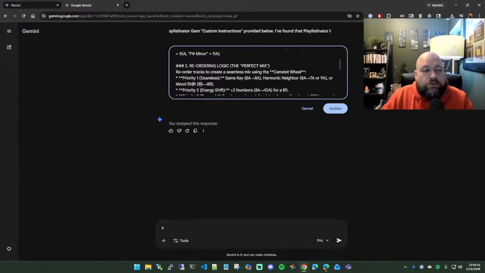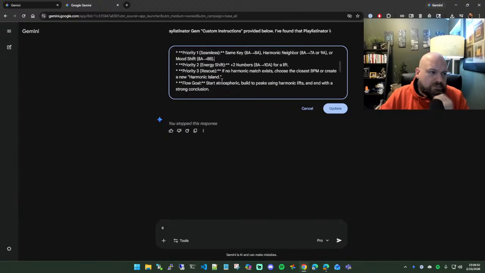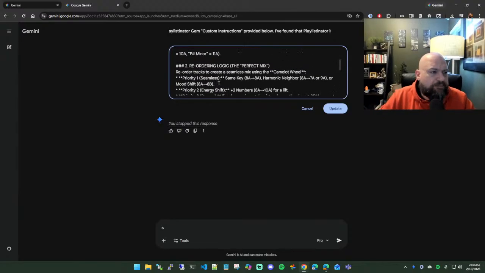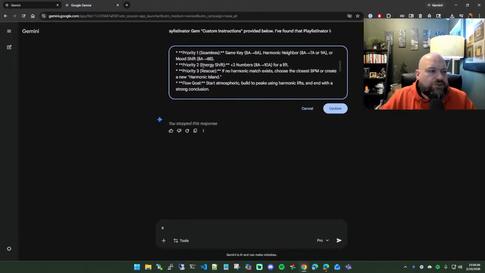Or you could even have it do a mood shift. That's where you're having it go from a minor to a major, all right, staying in the same number. So then priority 2 is an energy shift, and that's where you increase by 2 numbers. That's where you give it a lift, or alternatively, you could give it a drop, right? And so then the rescue is that if no harmonic match exists, choose the closest BPM or create a new